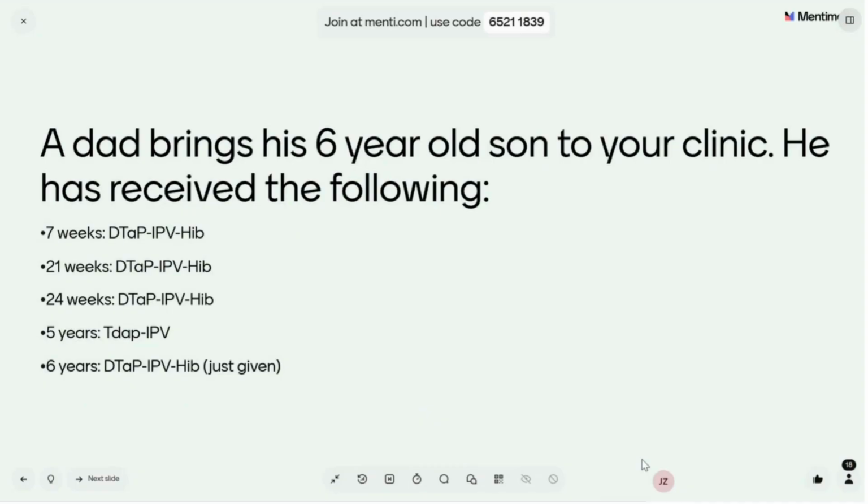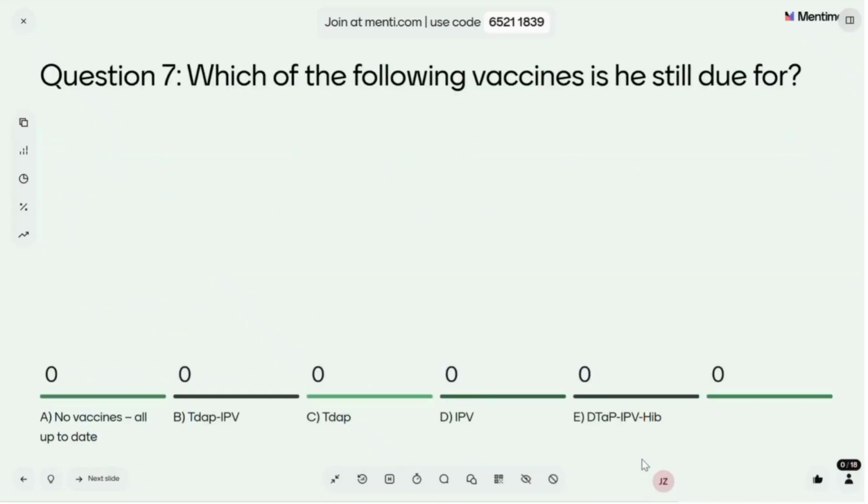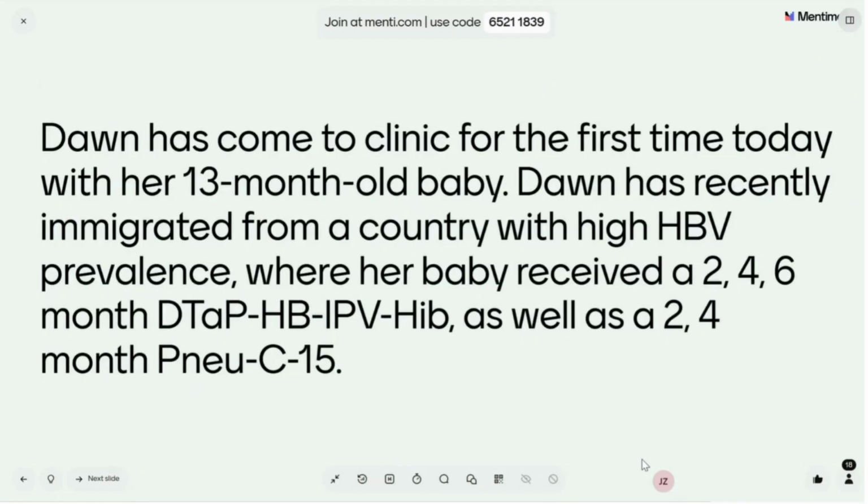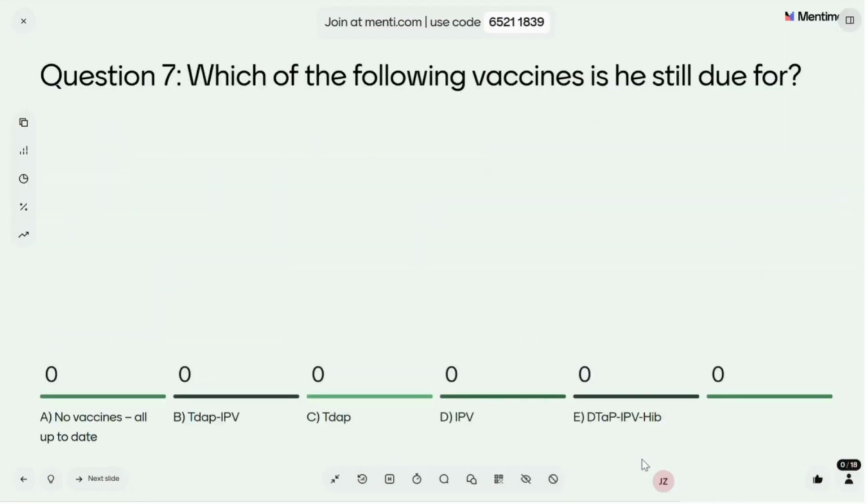Question 7. Sorry, just flying through these very quickly. Question 7 is, what would you give him next? And what we would recommend giving him next, if you flip to the answer, is a Tdap IPV in 6 to 12 months. And that's because at this point, when we look at table 4, he's got 3 valid high